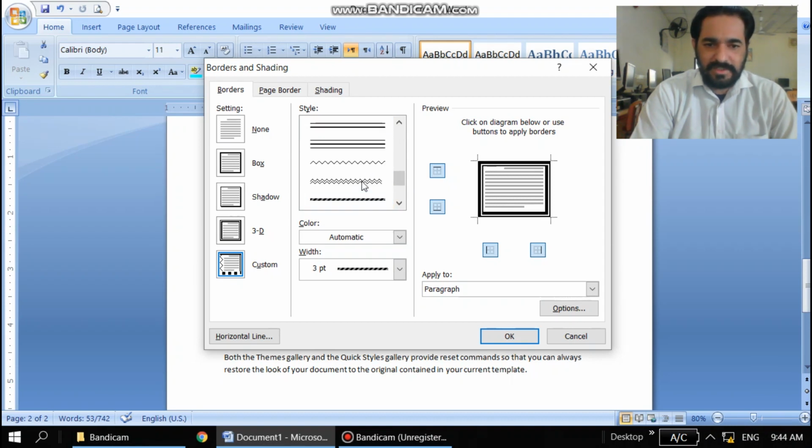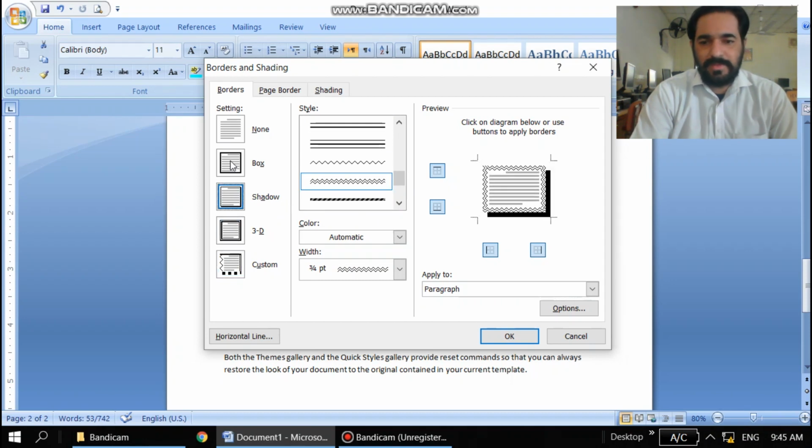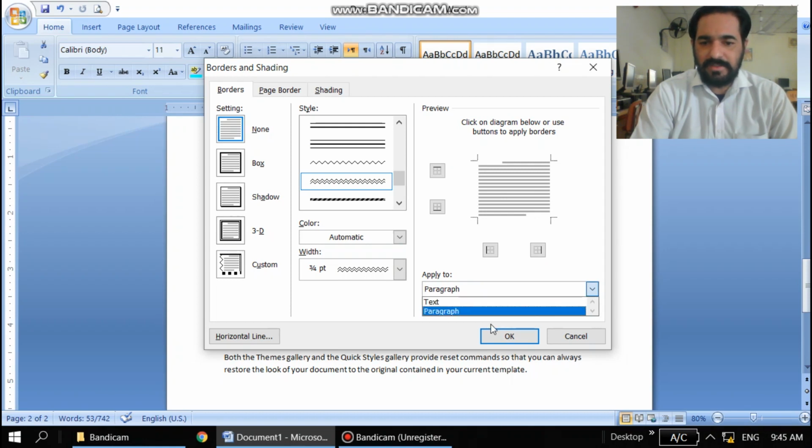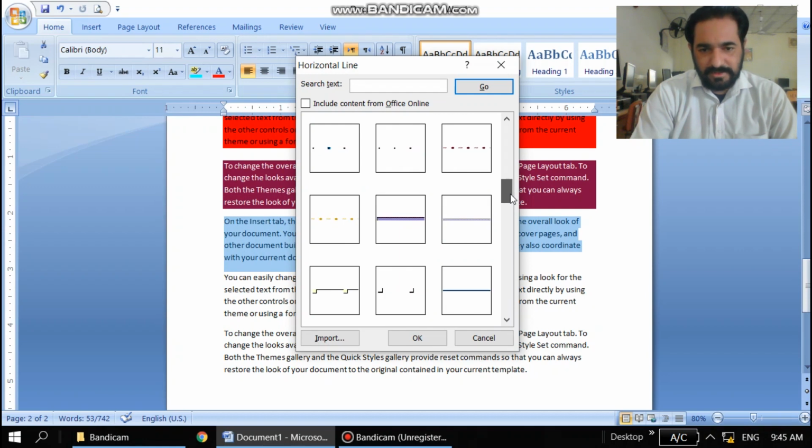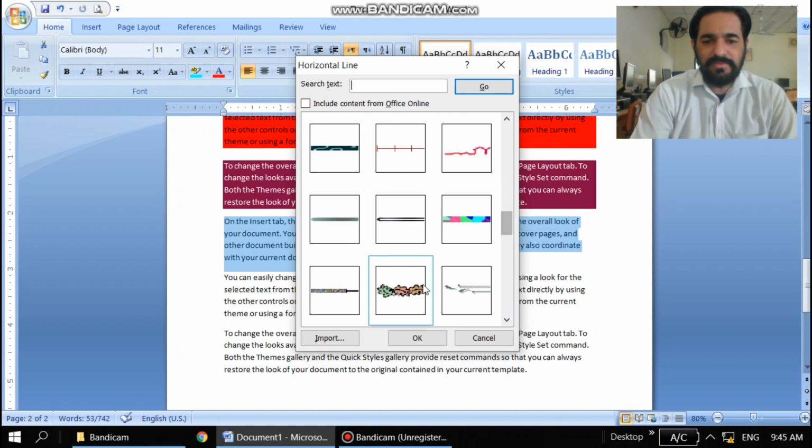And different lines are there. With different lines, you can apply different options. You have the 3D option, then shadow, box, and none, with which you can clear your whole data. So different horizontal lines are there. You can see different horizontal lines.